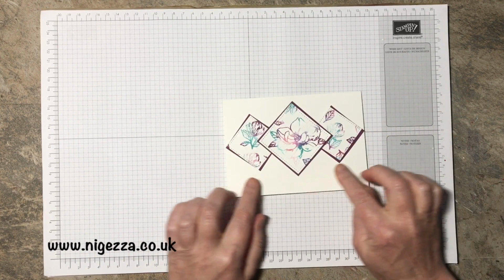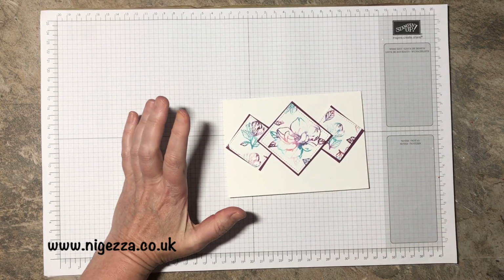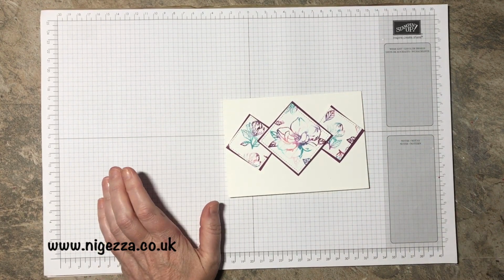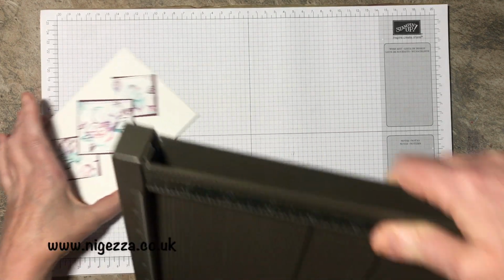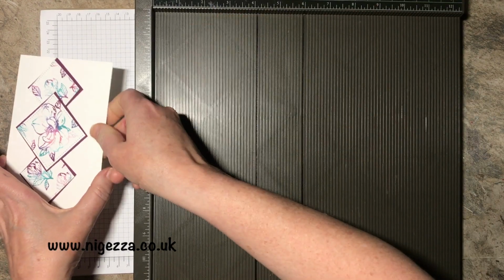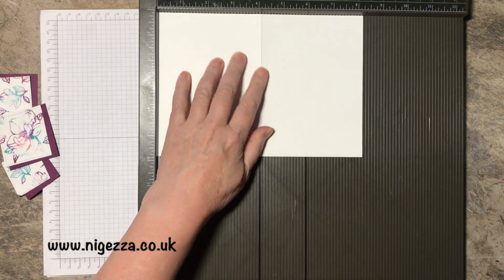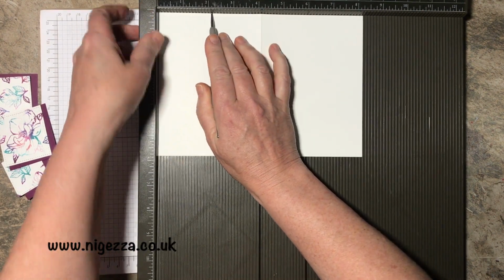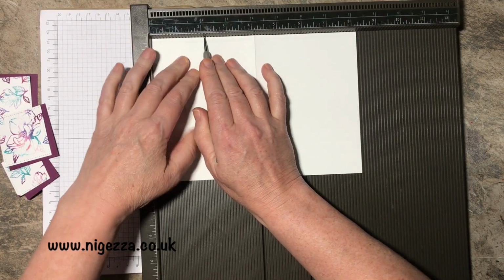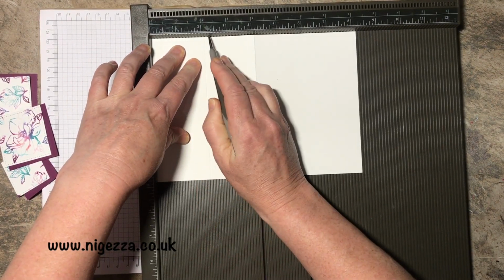And then I thought, oh, it needs a little bit of embossing behind, so I thought we'd do some simple embossing by just going to score some lines. So I'm going to go down the middle line, which is at about 2 1/8, roughly the middle, and then I'll go